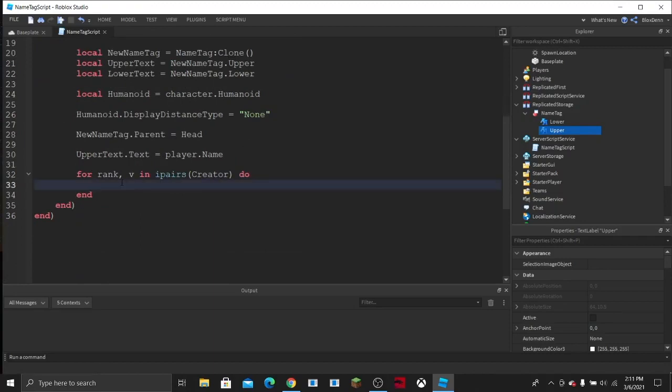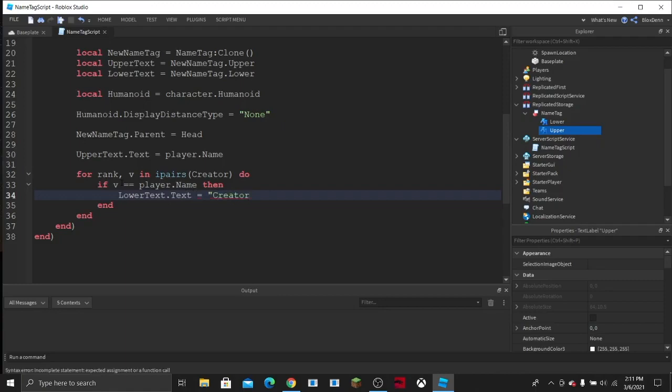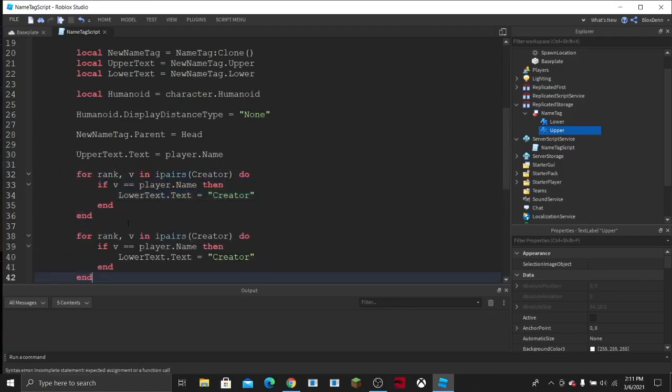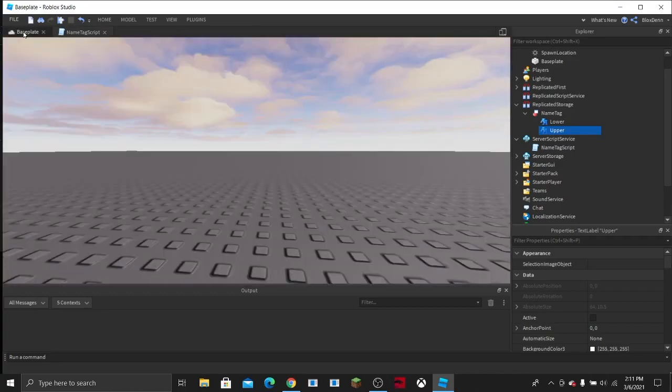So now what we're going to do is say if V equals player.name, then lower text equals creator, just like that. And I can just copy and paste this line, and down here I'm going to say scripter, and then down here I can say scripter, just like that. And now if I come in here and play a game,